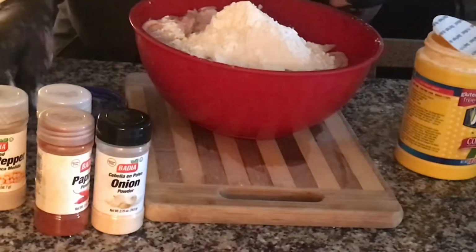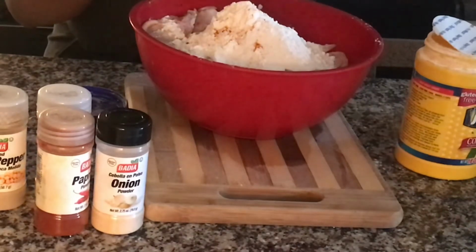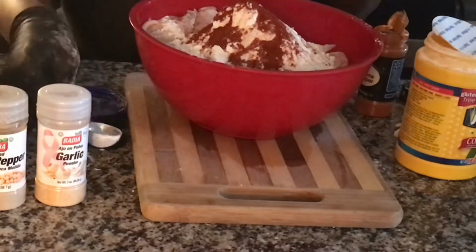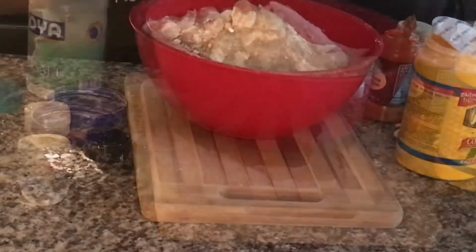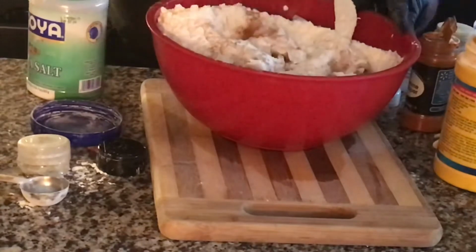And now I'm going in with 1 tablespoon of cayenne pepper. So all the seasonings that you see here, I'm putting 1 tablespoon of it. So 1 tablespoon of the onion powder, then 1 tablespoon of the paprika, then 1 tablespoon of garlic, 1 tablespoon of onion powder, 1 tablespoon of sea salt. Well, I added 2 tablespoons of sea salt because all the others are powders and it doesn't have any salt. So the salt is what's gonna bring the